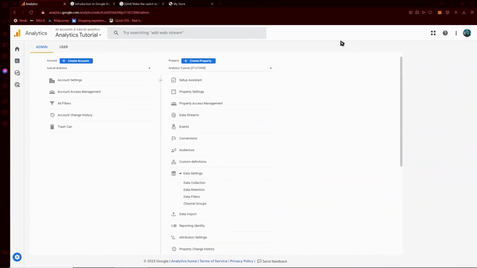Let's get started. So here we are in Google Analytics, and what you want to do first is log in so that you can access Google Analytics. After you have done it, we are here. You should see it right here. The first thing you want to notice is this one right here